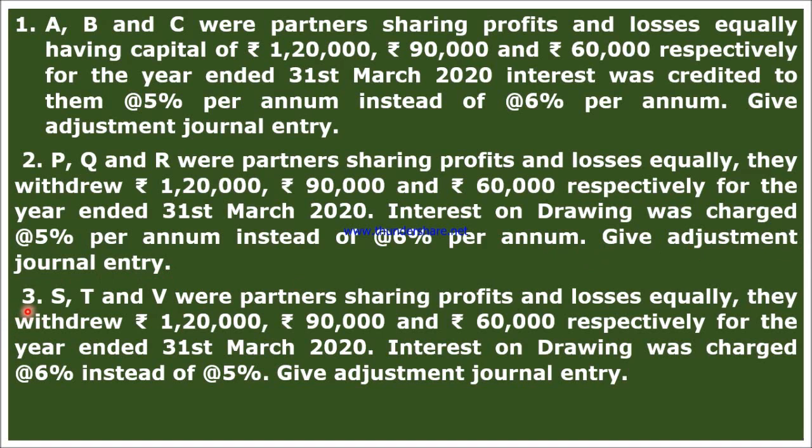Next question, question 3. S, T and V were partners sharing profits and losses equally. They withdrew rupees 1,20,000, rupees 90,000 and rupees 60,000 respectively for the year ended 31st March 2020. Interest on drawing was charged at the rate of 6% instead of at the rate of 5%. Give adjustment journal entry. So students, I think that you can solve these questions if you have understood the solution